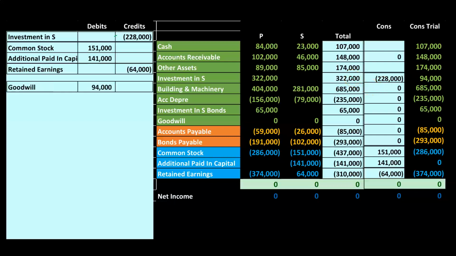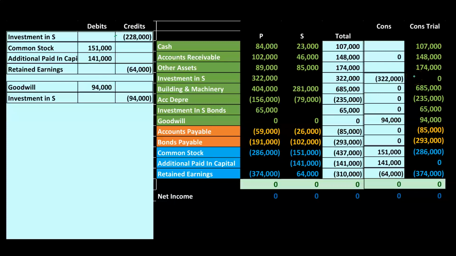So we're going to say, all right, now goodwill is going to go on the books, this intangible asset. So there's the intangible asset that's going on the books. What is it? Some intangible thing, probably brand name. People have confidence in this company, in S and what they do. Therefore, the earnings are going to be higher than just simply the net assets of the organization. The other side going into the investment in S. So the investment in S now going down to zero. That's what we would expect.